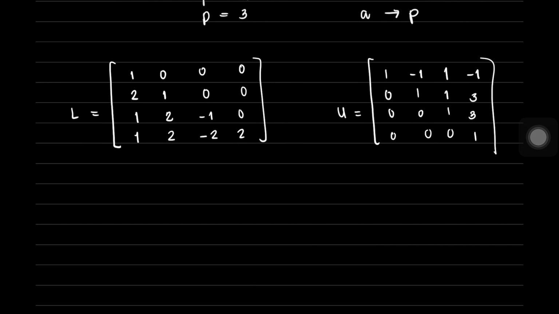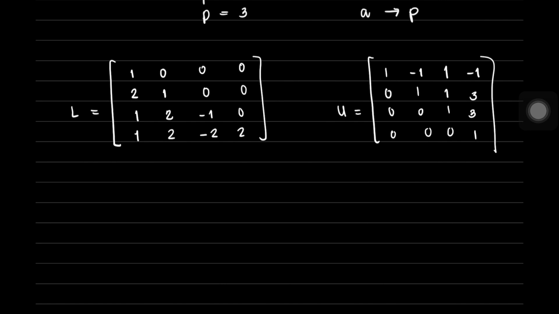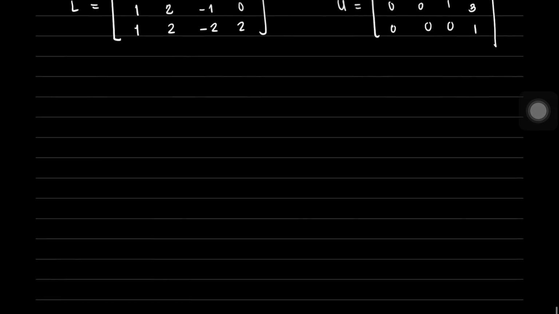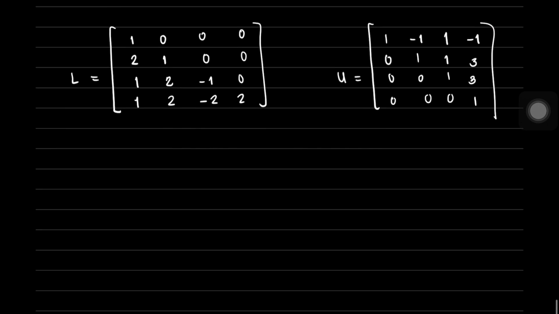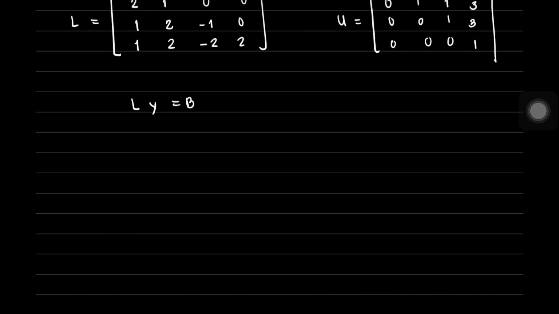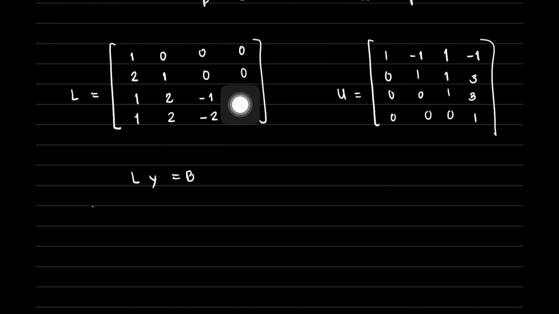Right? So this is now the decomposition of the coefficient matrix into L times U. Now, we can proceed in determining the values of x1, x2, x3, and x4 respectively. But before we can do that, let us first solve the values of y. Since if we're going to use the LU decomposition, we're going to make use of the expression L times y equal to b. So if this is our L here, so we have